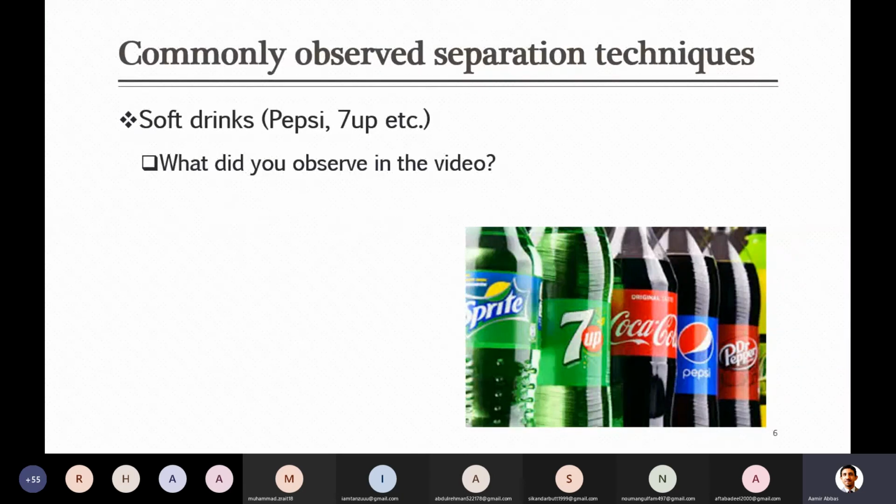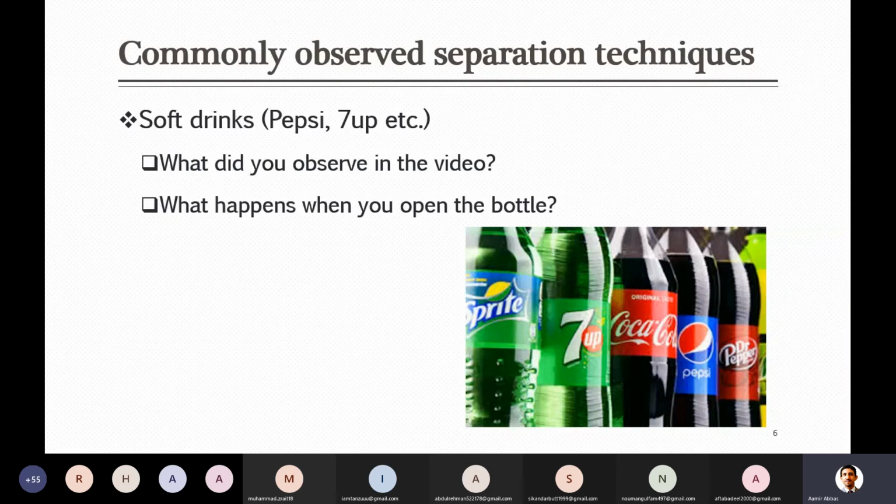So where did that pressure come from? In all of these soft drinks there is carbon dioxide which is absorbed inside the liquid, and when he shook it, he was just applying some external force to release that carbon dioxide from the liquid. So that gas came to the top and was applying pressure, and that pressure was observed on the pressure gauge.